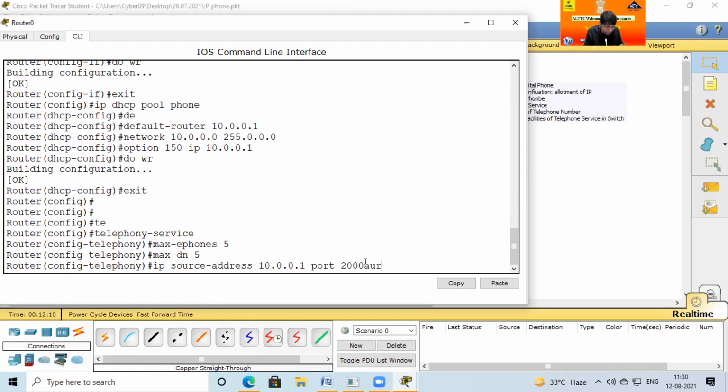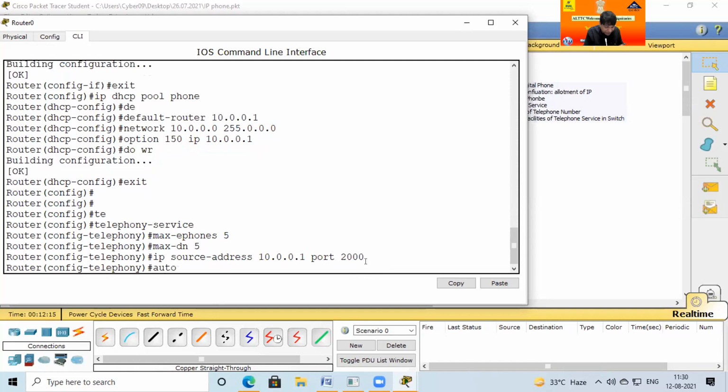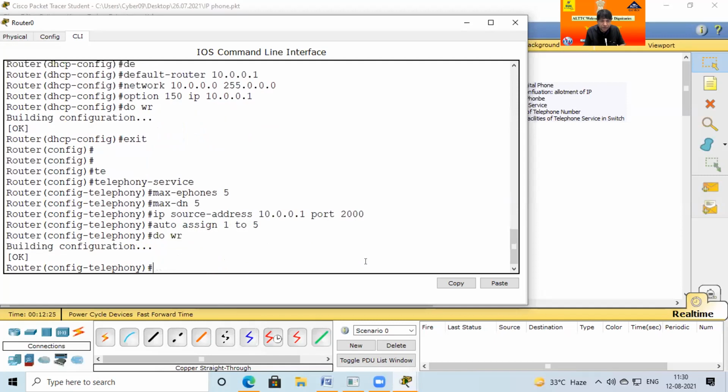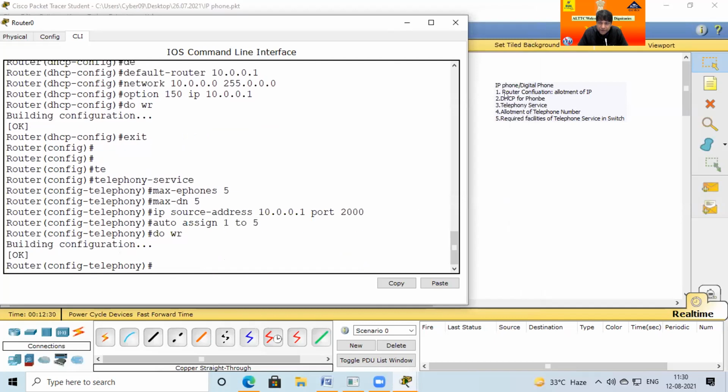So I put here automatic allotment, auto-assign 1 to 5. Do write. So now the third option is also completed. Router IP allotment, DSCP, the telephony service, 5 phones, 5 digits, IP source from where, maximum, how to allot. The last, the fourth, is the allotment of the telephone number.